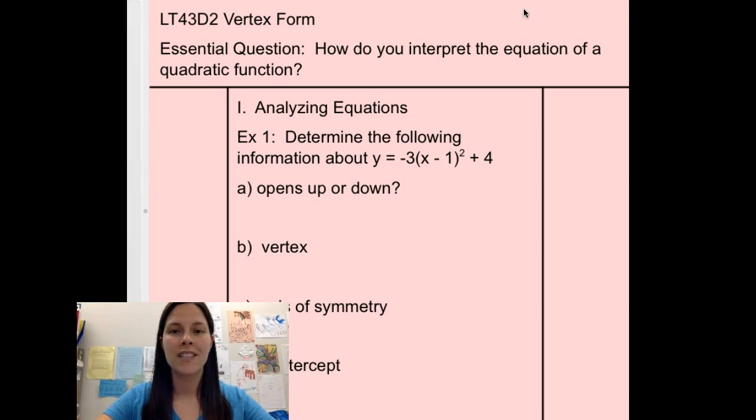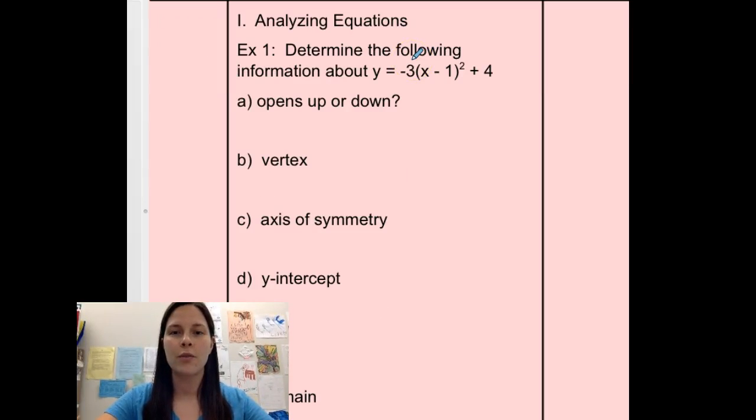Our essential question today is, how do we interpret the equation of a quadratic function? For each of the equations in vertex form, we're going to find a lot of different information about it, all just from the equation, none of it by looking at the graph. So our first question is, does the graph open up or down? The way that we determine that is by looking at the a value of the equation. That's what's being multiplied out front before the parentheses. If that a value is positive, our parabola opens up, and if it's negative, like ours is, our parabola will